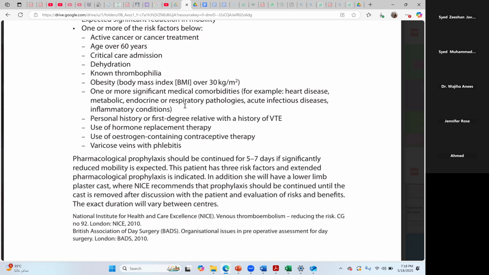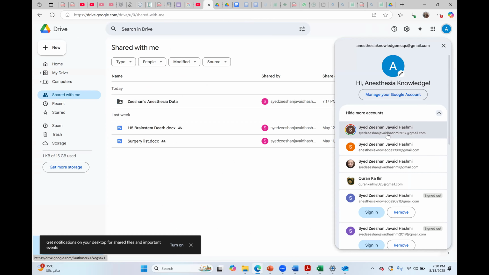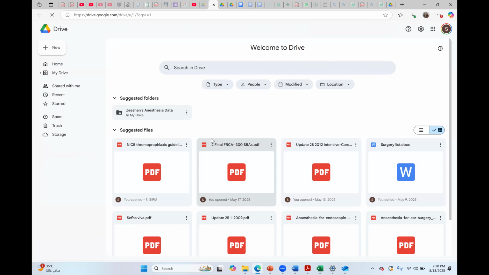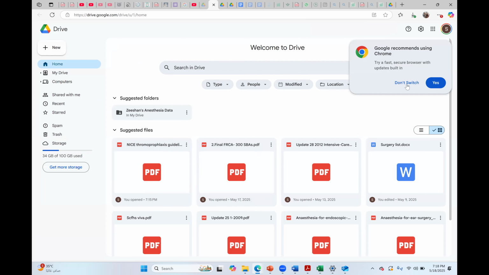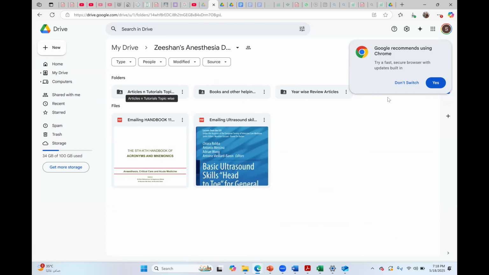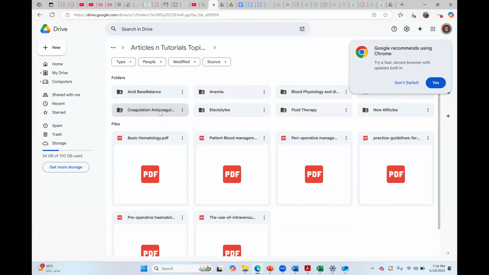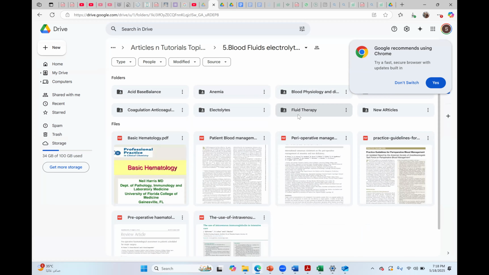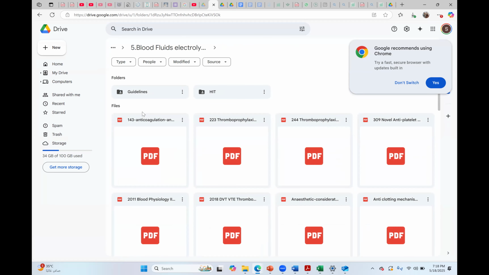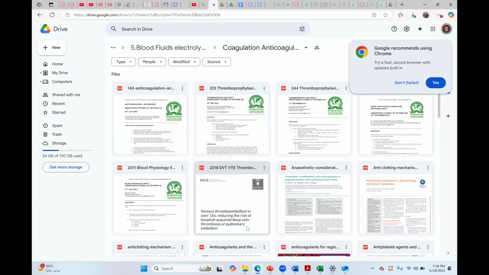So I will show you the guidelines for 2018. I think I have it right here. Just a second, please. So the learning objectives for this MCQ can be, because thromboprophylaxis and the risk of thromboembolism is a very big topic. Basically, concentrate on how the thrombus is formed, and what is the mechanism of thrombogenesis. This is one point, and the other point is